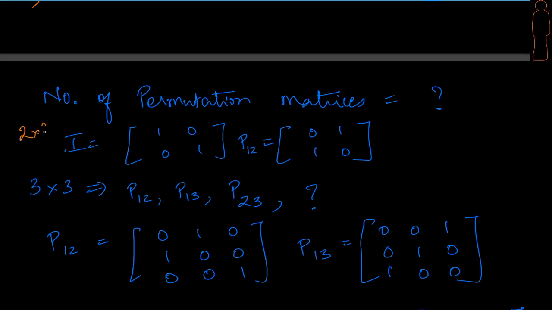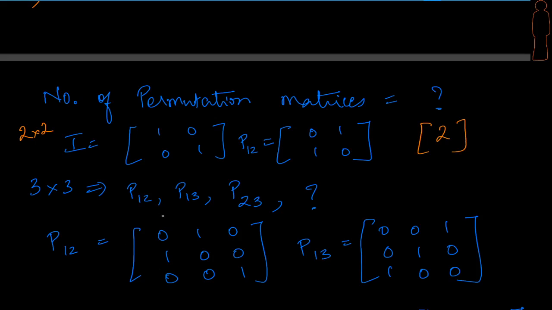When we say 2 by 2, I is one permutation matrix, obviously, which does not have an effect on any matrix. It means that it doesn't swap any rows, it's the identity operation. But I could have another permutation matrix here where I swap these two and say 0 1 and 1 0. I call this swapped 1 and 2, and that's why I have named it P12. That is one more, right? So for 2 by 2, I just have two of them here. Okay. What about 3 by 3?